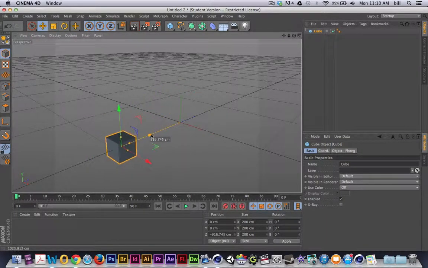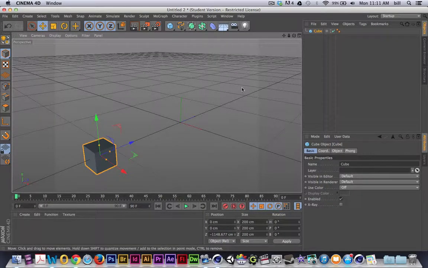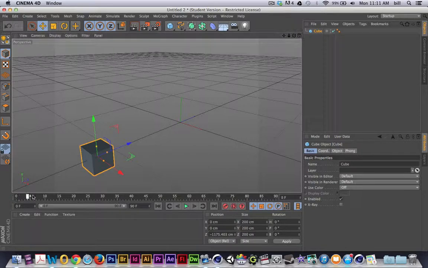I'm going to establish the position that I want this object to start in. So I'm going to determine that I want my object to start here and over time move across the stage. So I'm going to position my object. I'm going to make sure that I'm at the beginning of time. So I'm going to scrub my playhead back to the beginning of time, or I'll just use this manual rewind